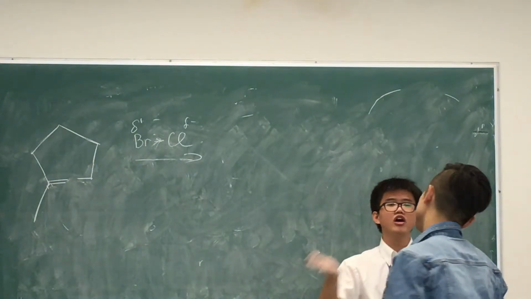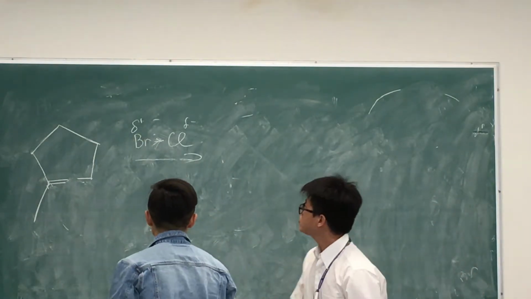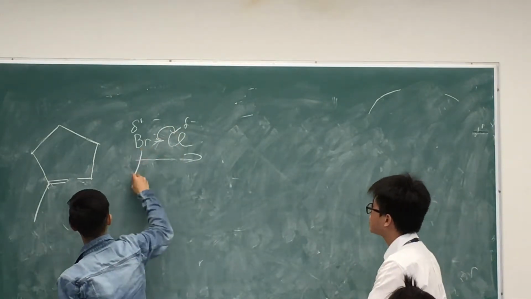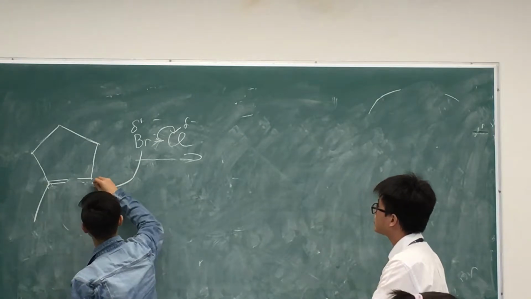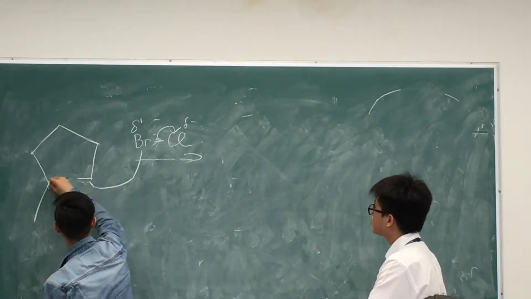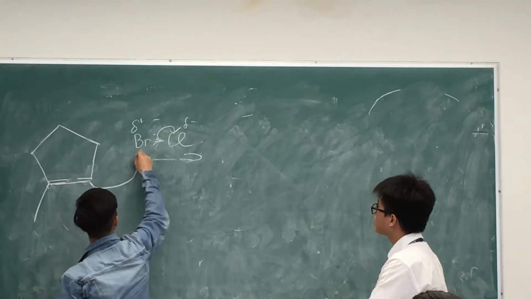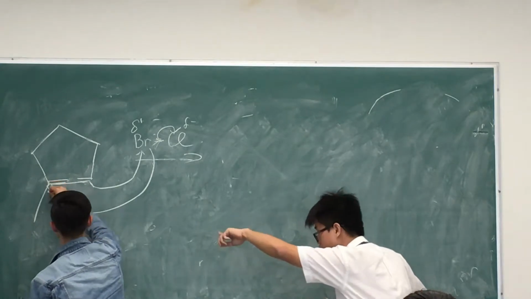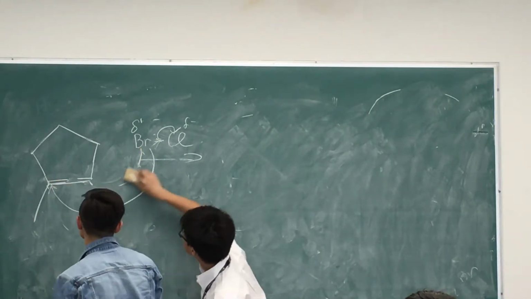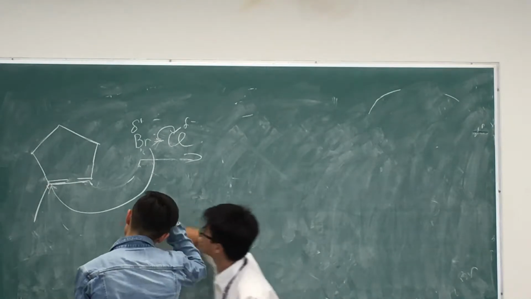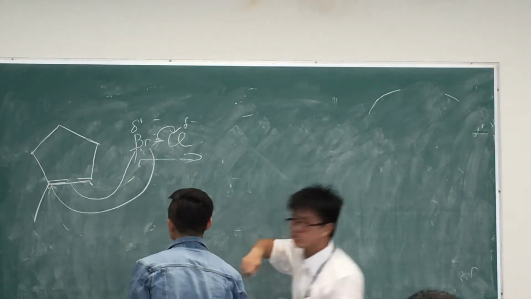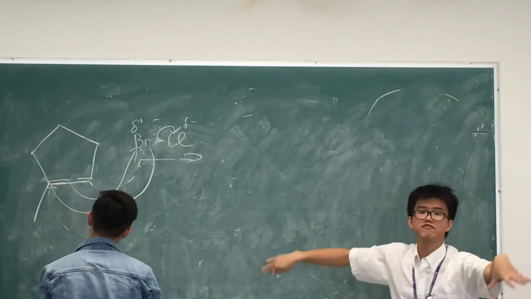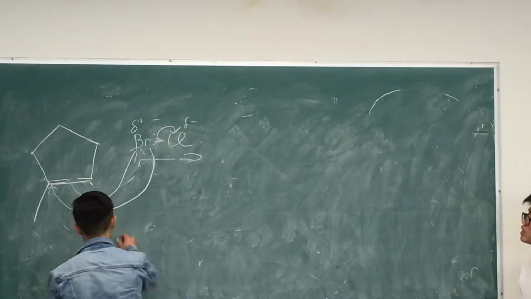The first one forms the bromonium ion. You need to know how to form it. First of all, keep going. That one is correct. But the first thing is to give from the double bond. So the double bond gives one, receives one. Br receives one, gives two. Okay, the intermediate will be